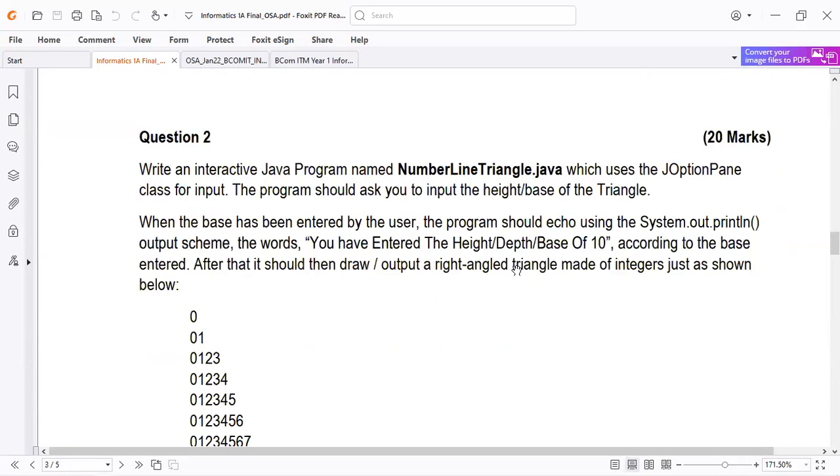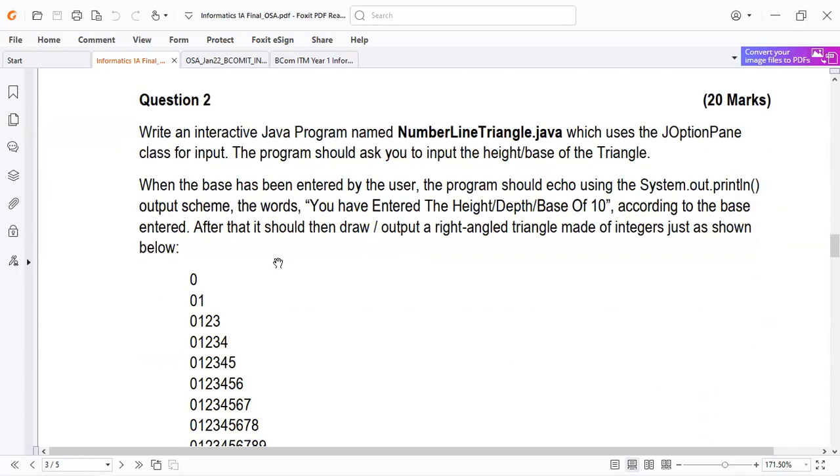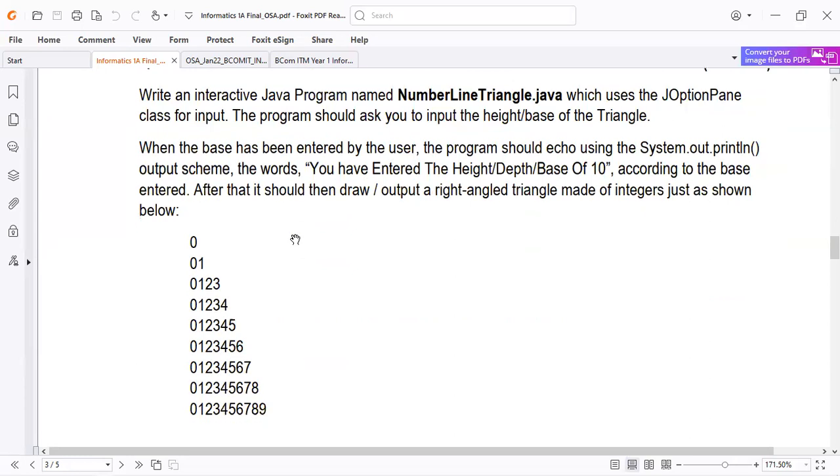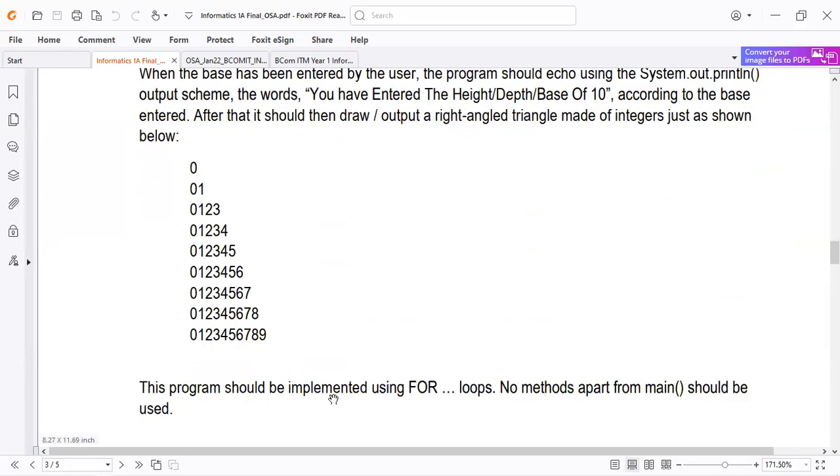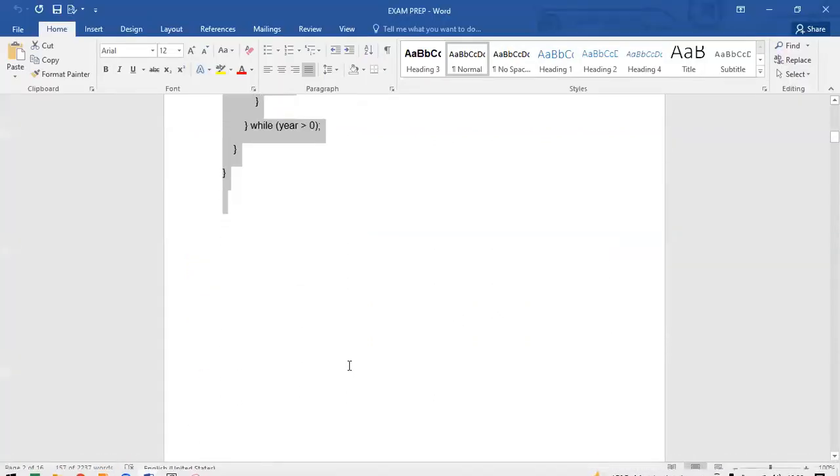Question number 2. So this question number 2, for you to continue producing this, they've given us a hint, but in some cases they will not even give you a hint to say print this, maybe these stars, these patterns, maybe a square, a pyramid, or a triangle. They will not give you that hint to say use the for loop. But in this case, they've given us a hint to say use the for loop to print this part, right? So let me show you how I came up with the answer.